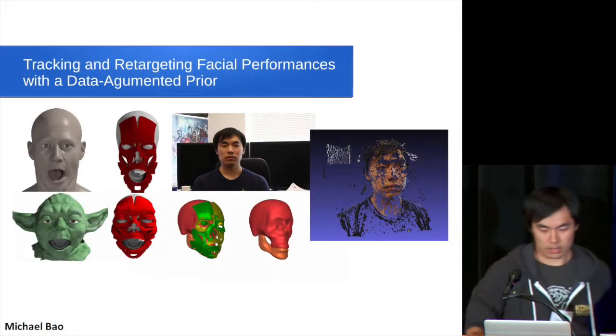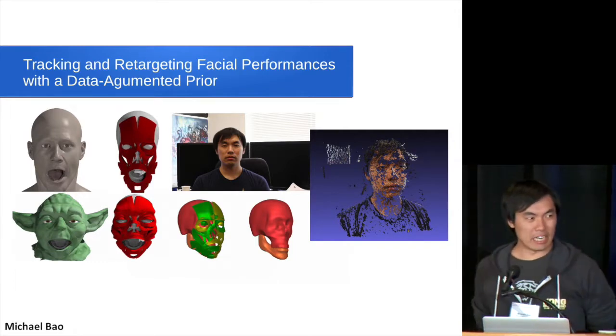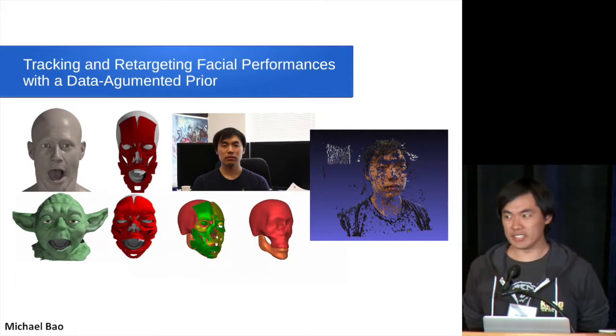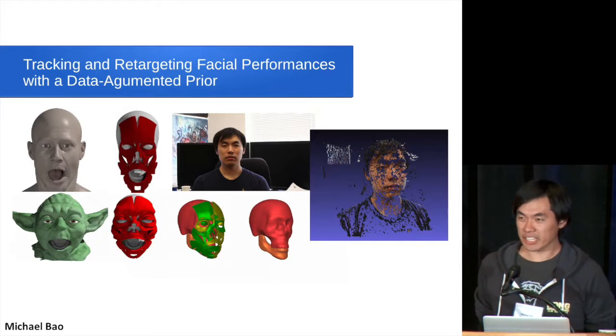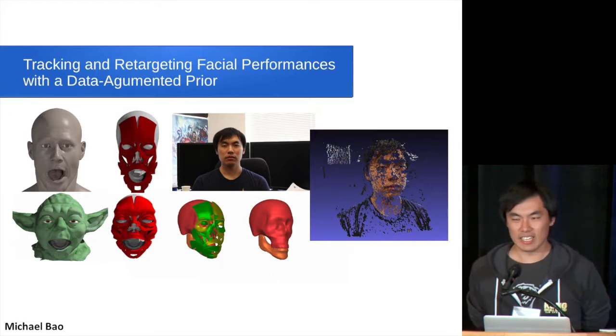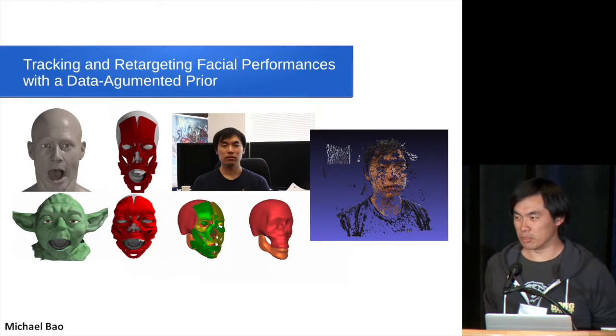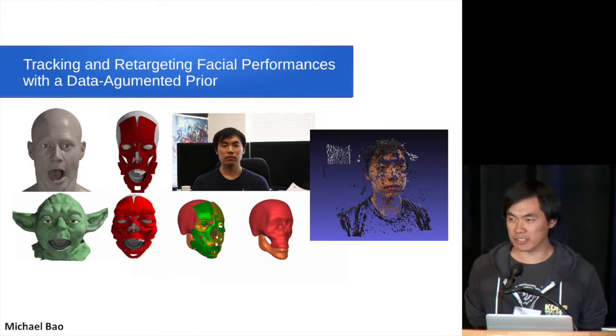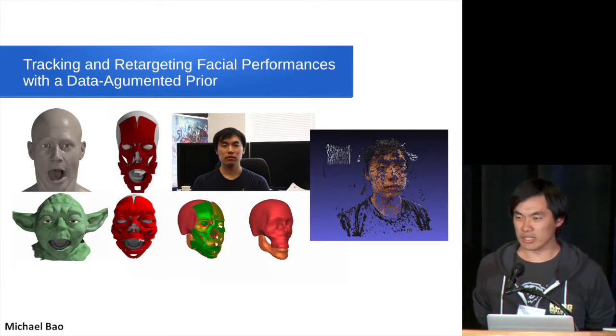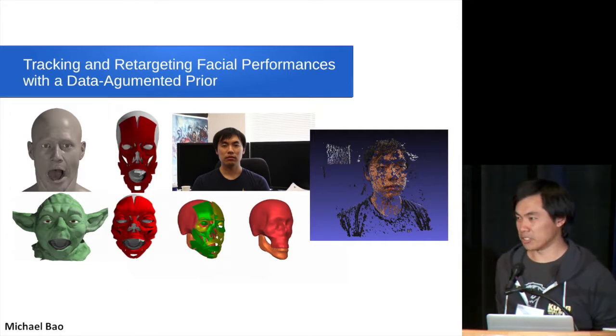Our next speaker is Michael Bao. Good evening, I'm Mike. I'm going to be talking to you today about digital characters, and in particular, about their face. If you've watched any recent movie, you'll notice that digital characters are prevalent. In Rogue One, Governor Tarkin and Princess Leia are reproduced digitally at Industrial Light and Magic.